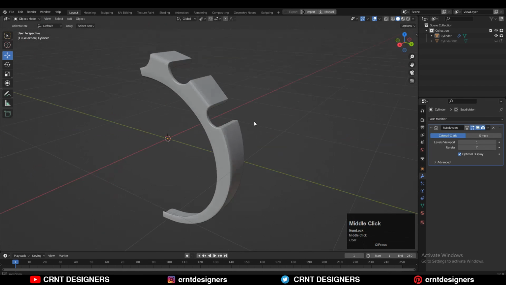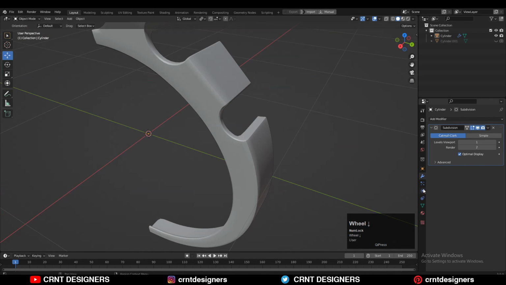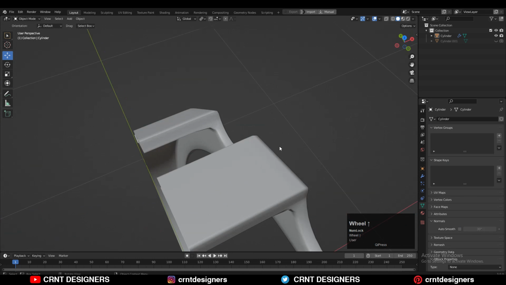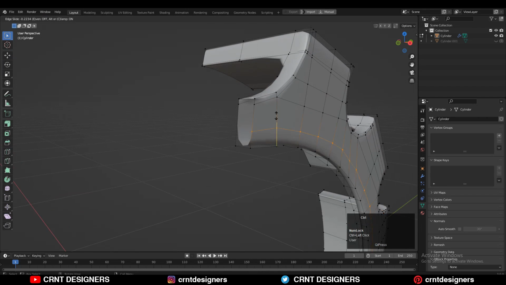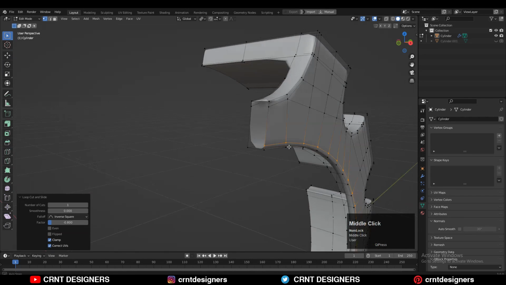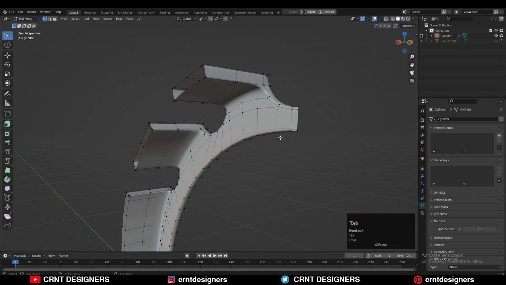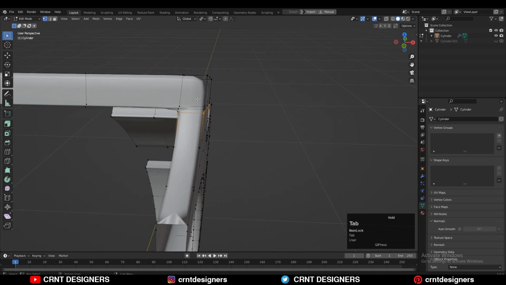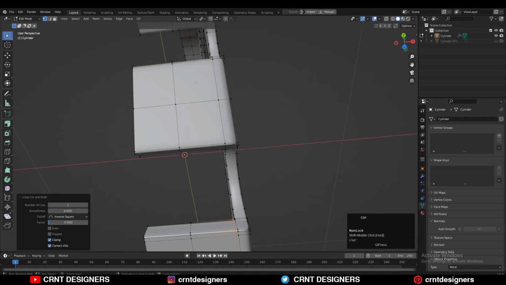Then you can add the subdivision modifier, and now you can see, just turn off the auto smooth option there, and now you will get smooth shading on the model. And then just add the necessary supportive loop cuts on the model to maintain that form. So you can see if I add the loop cut like this, I'm facing a little bit of a pinching issue there.